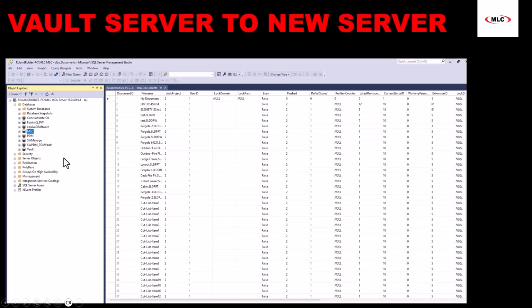Now, a lot of times people will ask me, well, Roland, what are the steps to do that? We do have the steps documented of backing up a database, but it's not a one-size-fits-all set of instructions. The reason being is when you set up a brand new vault from scratch, the way that you name things is really unique to your organization. So what that means is when you come in here into Microsoft SQL Management Studio, your SQL databases might look slightly different than mine, depending on the version of SQL that you're running, and also what you named your vault